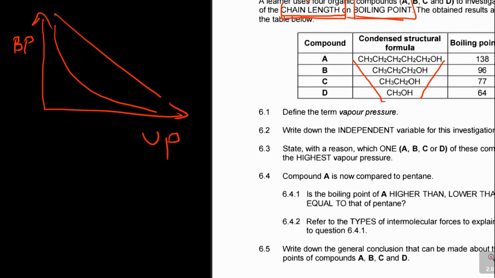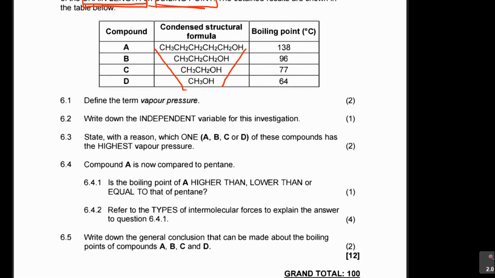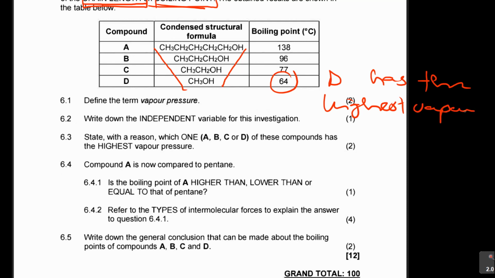When the vapor pressure increases, the boiling point decreases. So you can see here that if it's the opposite, 64 has the smallest boiling point, which means it has the highest vapor pressure. All right. So, which state with reasons? So you're going to say D has the highest vapor pressure, and then with reasons, and then what I'm going to say, vapor pressure